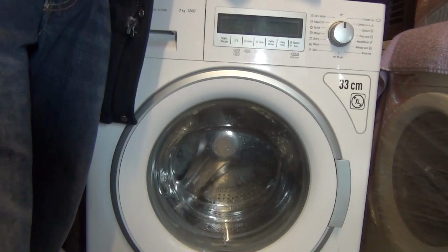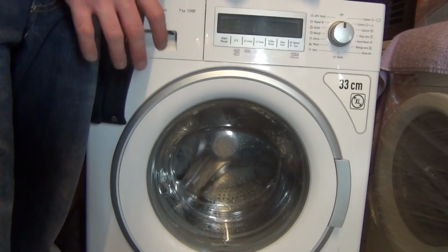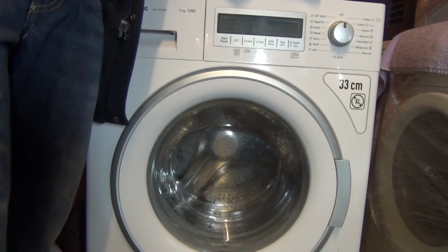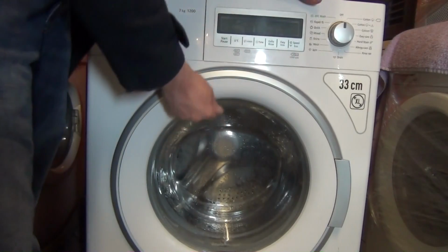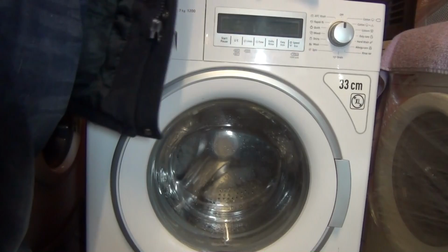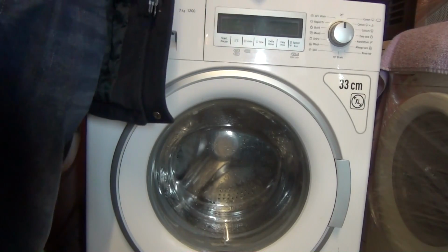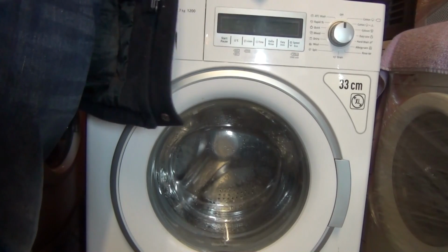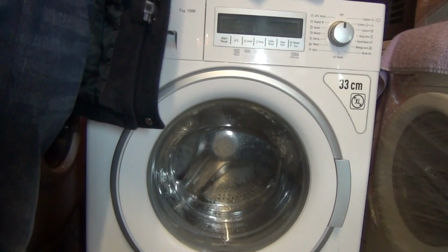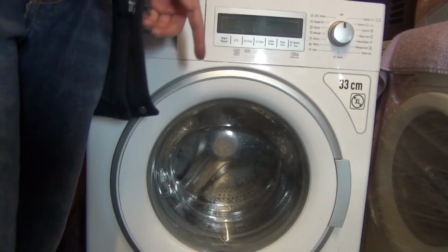Right, so the downside is it's a Vestal, meaning that getting the bearings for it is pretty tough. The upside and the upshot of this is I've measured the drum, and this 7 kilo drum is the same as the 6 kilo on the Electra. Well, I've got a Bush here right next to it which I couldn't fix with some weird fault on it. But obviously the drum bearings on that are perfect and fine, so what I'm going to do is something very, very...